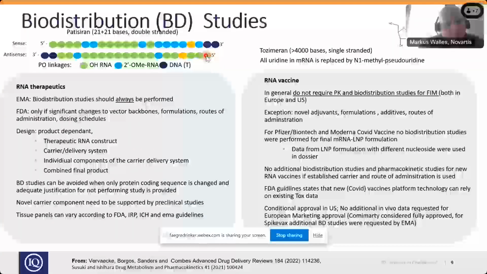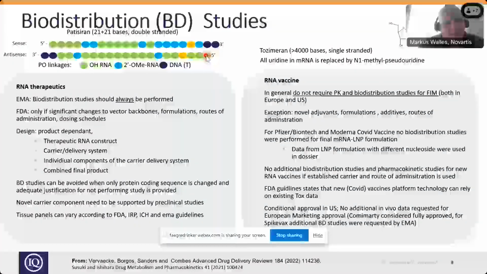So for the classical RNA therapeutics like siRNAs and oligos, biotransformation studies always have to be performed, at least according to the EMA. For the FDA, they're a little bit more moderate, so they clearly say it's just needed if you do changes to the delivery of your entity, meaning the backbones, the vector backbones, the formulations, the route of administrations, and if you change the dosing schedules. So the design of your